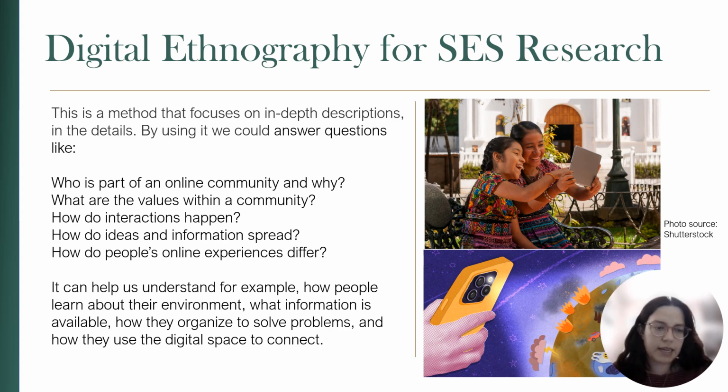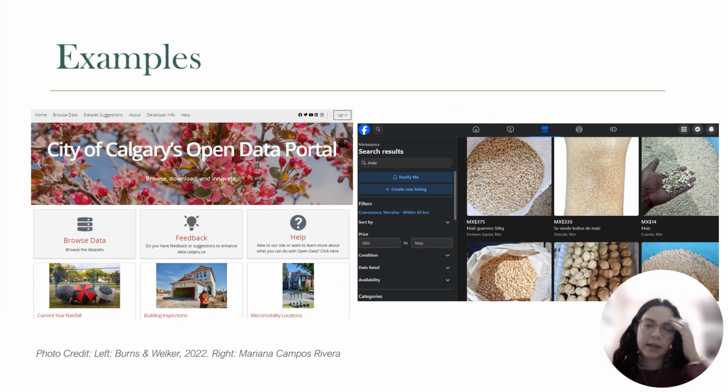And here I'm going to present an example and an idea. An example of an analysis done in 2022 by Burns and Welker of this data portal done by the city of Calgary in Western Canada, where they have different environmental and social information, and they analyzed what information was there, how it was categorized, who made it, what parts of the city or what topics were better represented, and with this they concluded that,